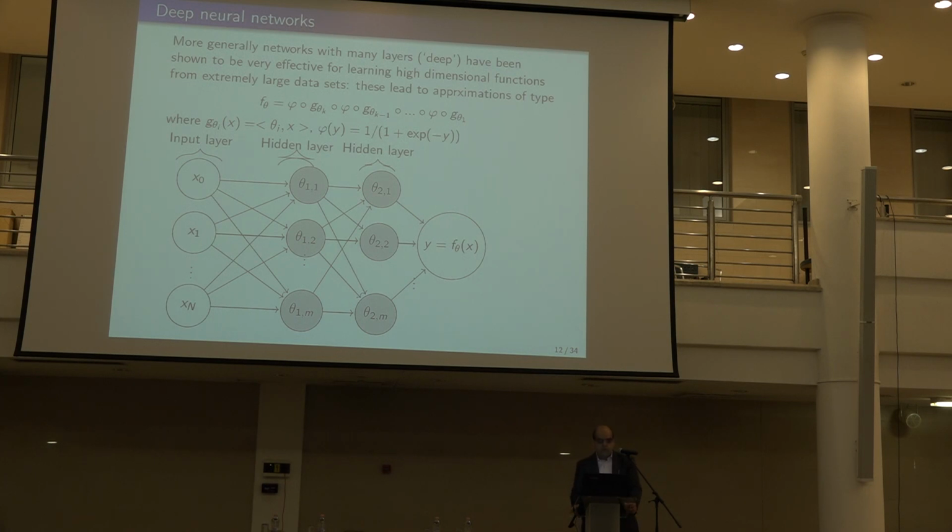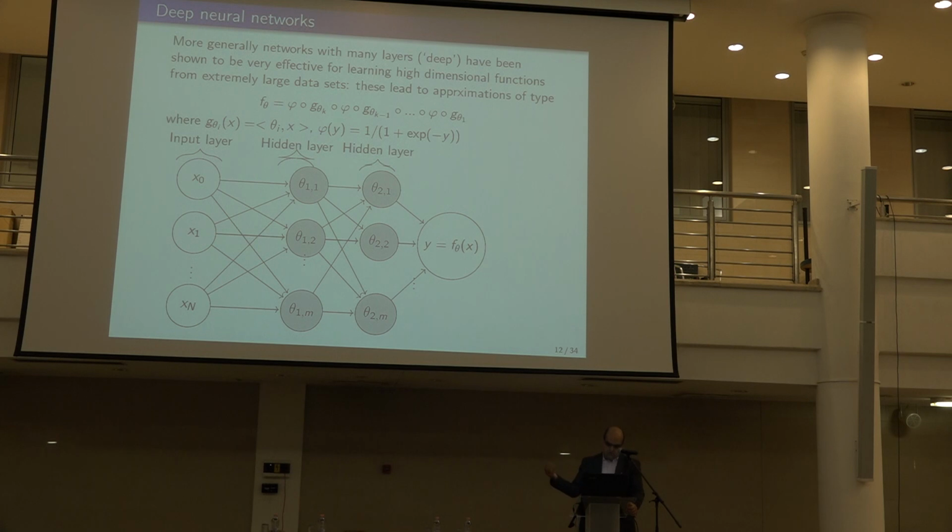Now, more generally, you can have networks with more layers, and it's called deep. Deep means more than one, basically. And the theory there is lacking. We don't really understand why. This theorem, I showed you, works for one hidden layer, but it doesn't give you an upper bound on the number of neurons you need in the hidden layer. There's some number k. But from a practical point of view, what people have observed is that if they add more layers, it's much more efficient than adding neurons in one layer.